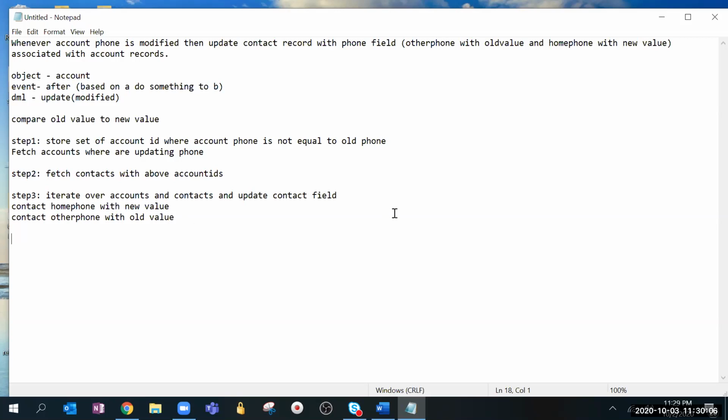Is anyone there who wants to share the screen and discuss the code? I just have one small question. Can I send a scenario question, an interesting trigger one, in the chat? Yeah, we will discuss that question later. Is anyone wanting to share the screen and show what they have done?